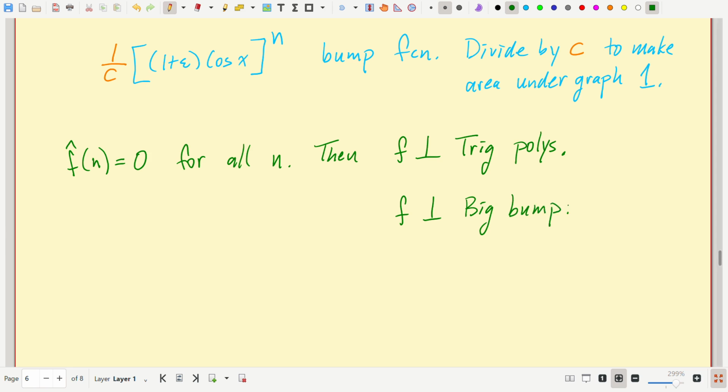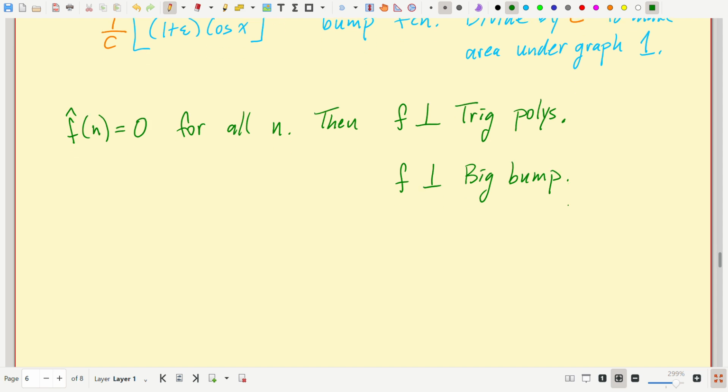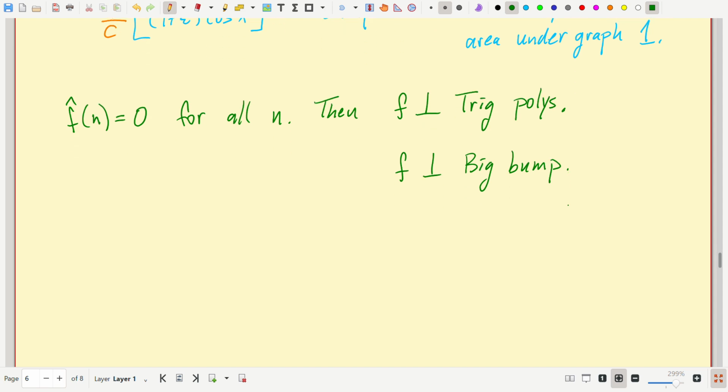And that big bump is exactly like my good kernel. It spits out the value at a point where f is continuous. And this integral from minus pi to pi of f of x minus t times a big bump... I'm going to run out of time. F of t